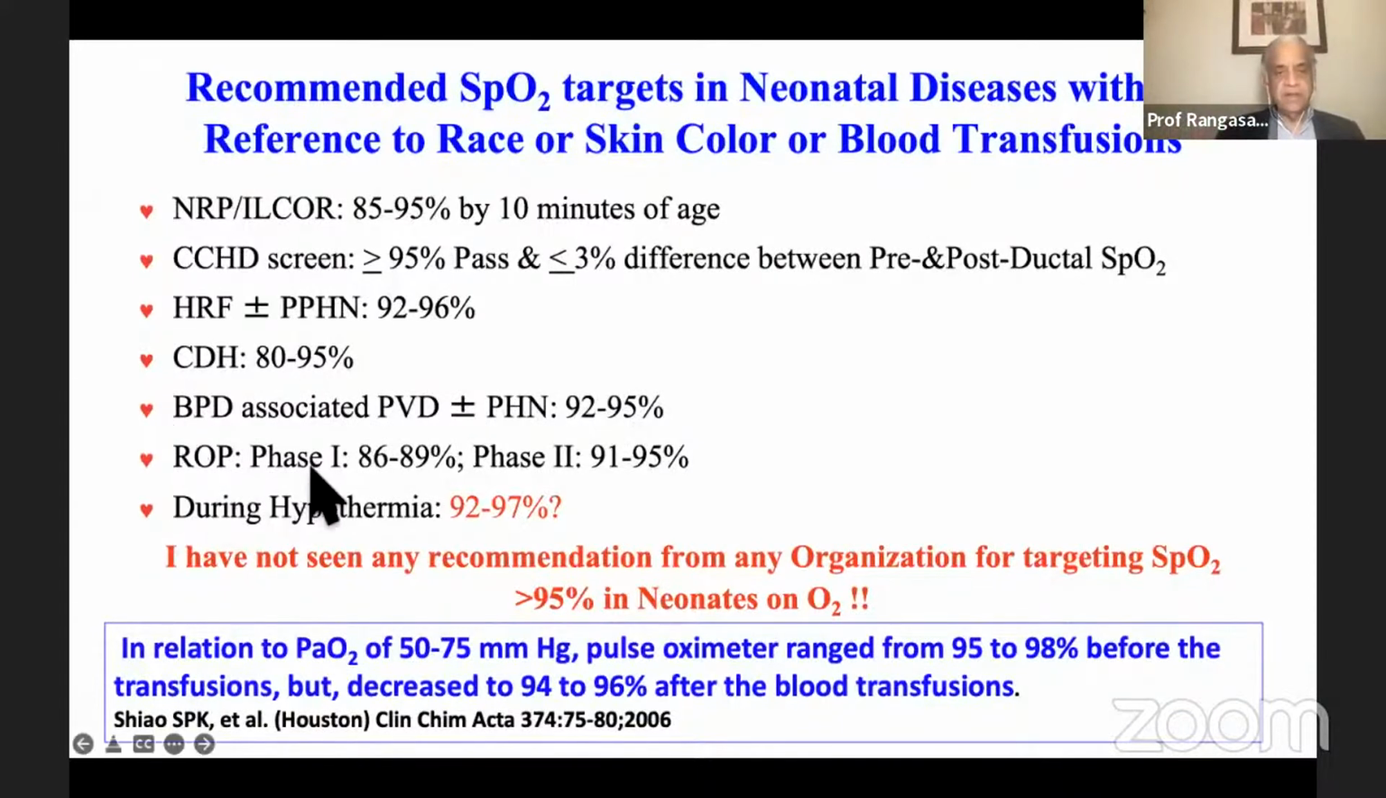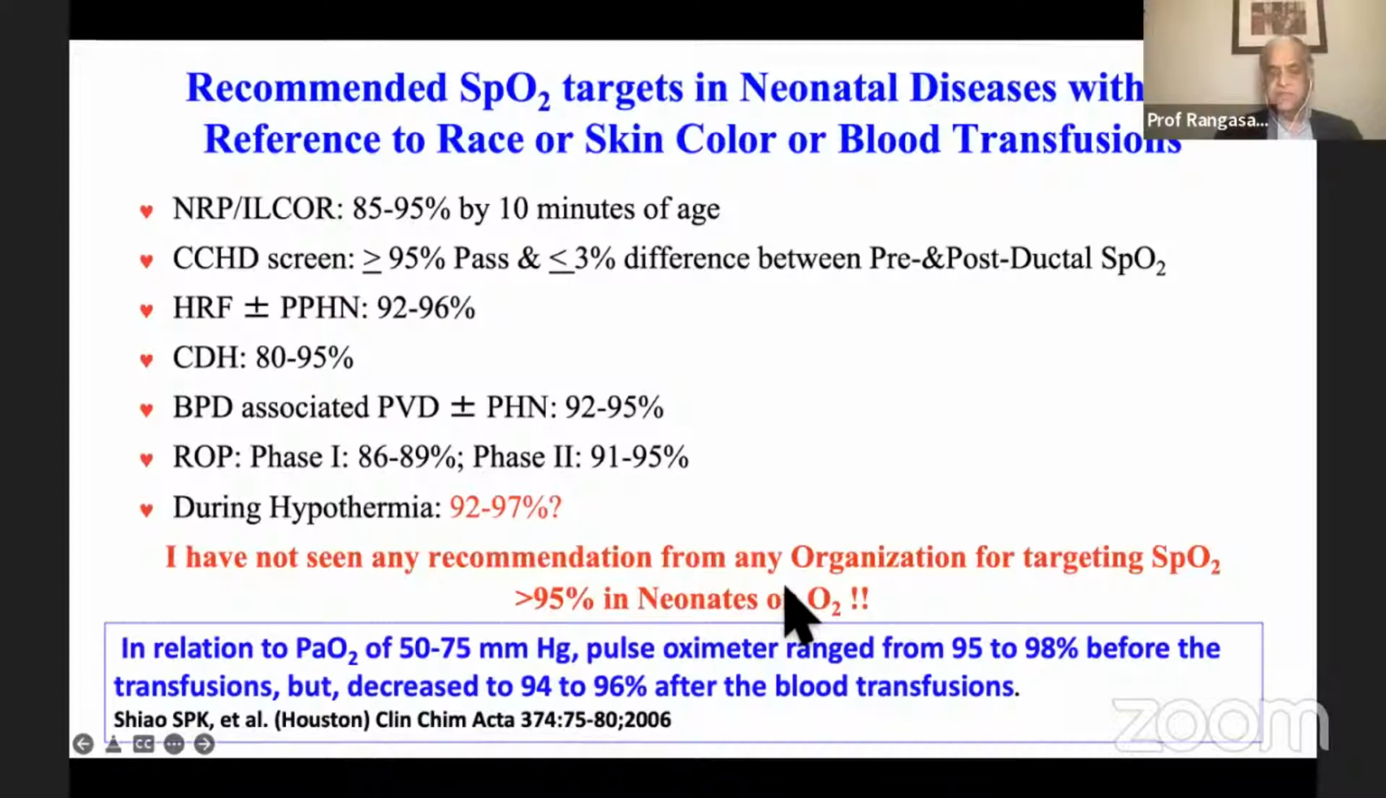What about ROP? Phase 1, maybe 86 to 89. Phase 2, when the baby gets to 32 or 33 weeks, 91 to 95, because early hyperoxia increases the risk for bad ROP. During hypothermia, maybe a little bit more, 1% or 2%, but instead of 90 to 95, 92 to 97, because of the shift in the dissociation curve to the left. I have not seen any recommendation from any organization for targeting saturation more than 95 or 96 in newborn babies